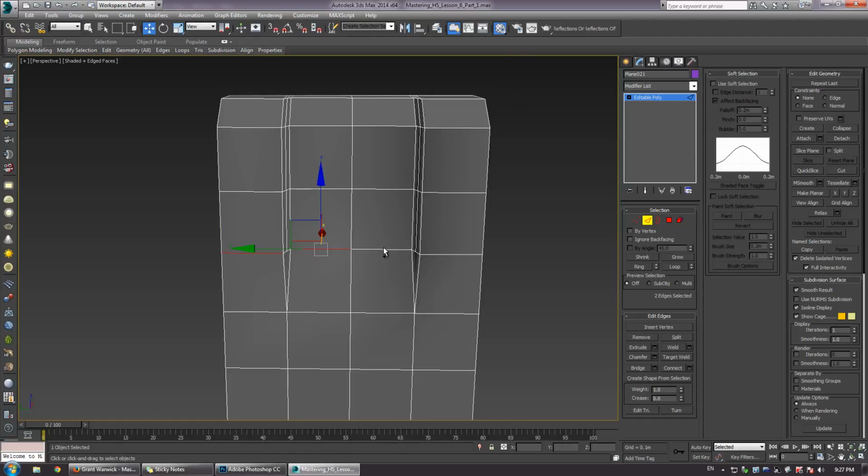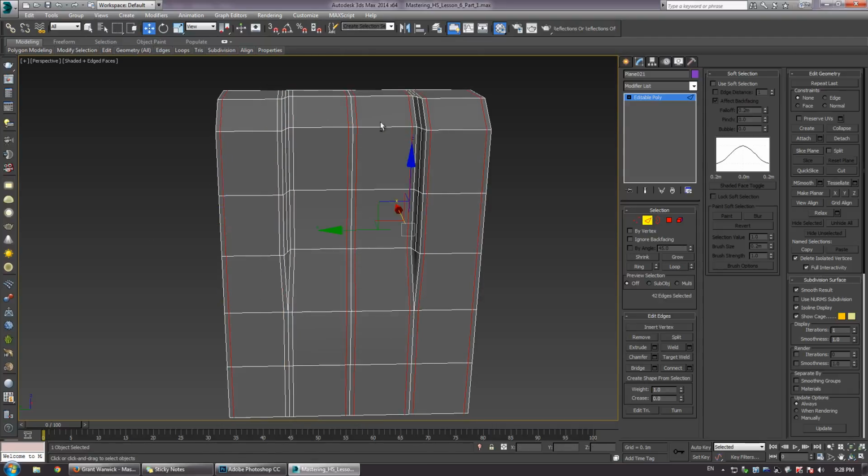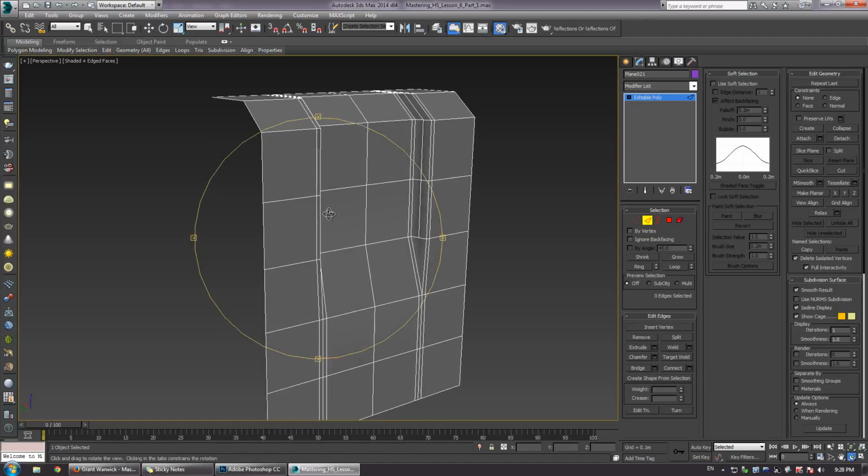So what I like to do is I select all 4 of these, do a ring select, and when I connect, I use 2 segments and just pinch it really close together. You'll be left with these excess loops that I just like to get rid of quickly. So I'll just select those and once again hit Control-Remove. Now we've got our inset created,